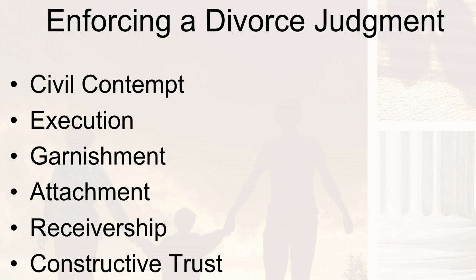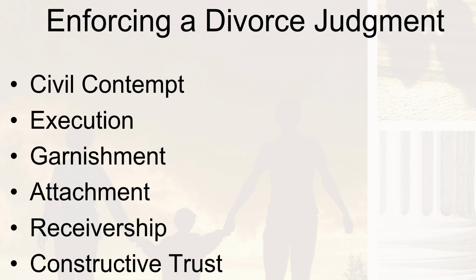Execution of a judgment is a command or a writ to a court officer to seize and sell all the property of the losing litigant, basically the person who owes the money, in order to satisfy the judgment debt. Garnishment. The court authorizes the judgment creditor to reach money or other property of the judgment debtor, the person who owes money, in the hands of a third party. So either directly from their employer, wherever they're working, or through their bank that has their savings accounts,